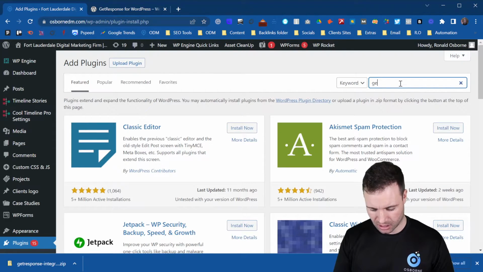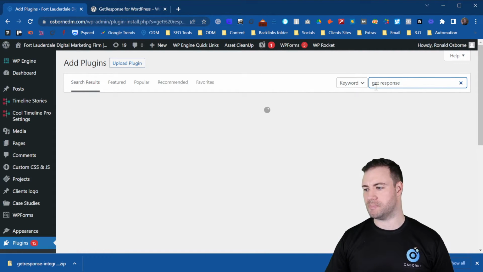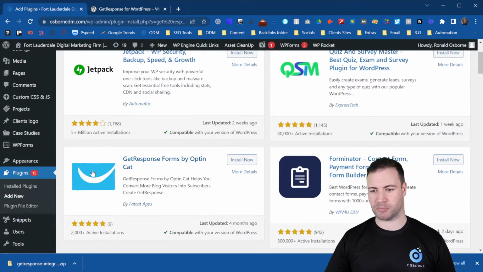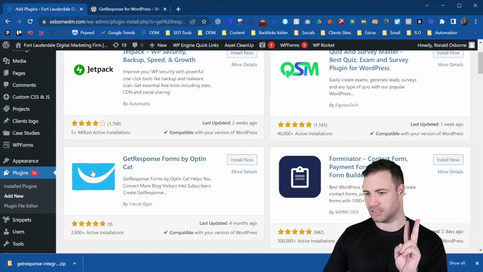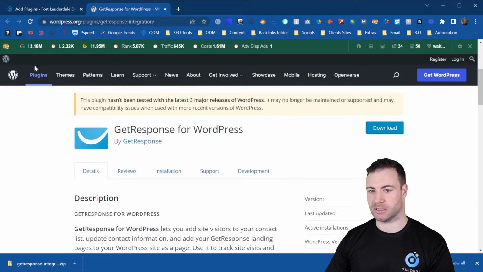So we're looking at getting the GetResponse plugin, so just type that over here in the keyword section, and we will wait for it to load. And as you can see here, it's popped up. Now, like I said, we'll do it both ways. You can click install now, or you can go across to the actual